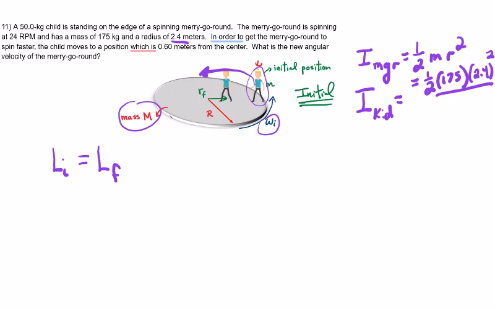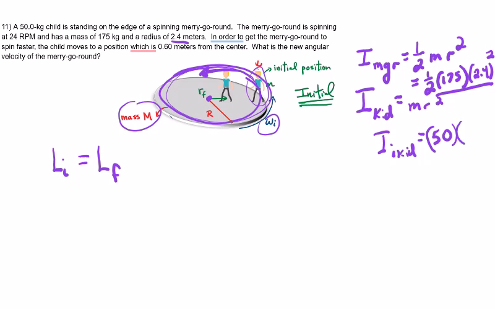The kid is going to be a little bit different. He is like a point mass going around in a circle like this. And so the I for that is just mr squared, where r is how far he is from the center of this merry-go-round. So in the first case, the initial for the kid would be his mass, which is 50 kilograms, multiplied by the fact that he's all the way on the outside, so it's going to be the 2.4